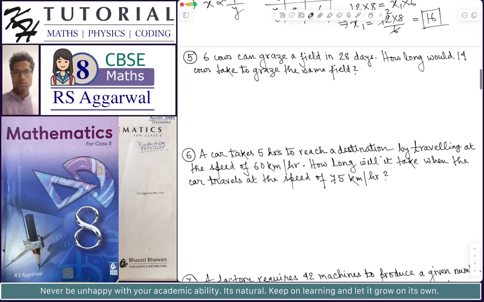Problem number 5. 6 cows can graze a field in 28 days. How long would 14 cows take to graze the same field? So grazing the same field is the constant amount of work. Constant amount of work in this problem is to graze the same field by the cows. So you can say x as number of cows, the quantity x represents the number of cows, and the quantity y represents the number of days